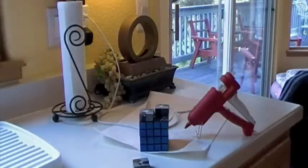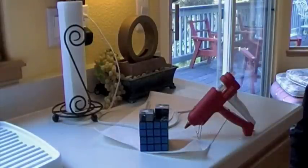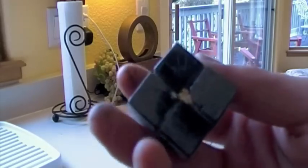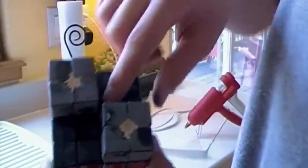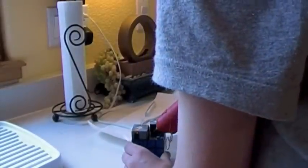Okay, so this is how to finish making a 2x2x6. I glued all of the cubies together and I put wood filler in, and then I sanded them down to make them flattish. So you can use epoxy for this last step, or hot glue. I'm using hot glue. You put hot glue on one of the circle pieces, or epoxy,